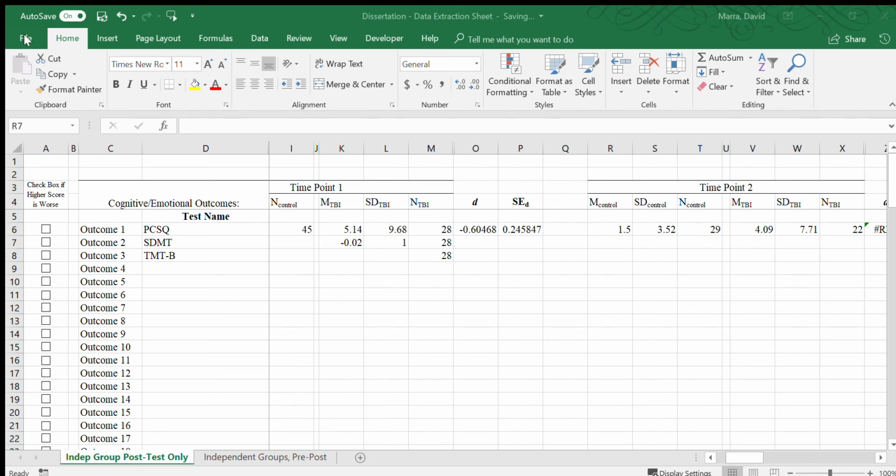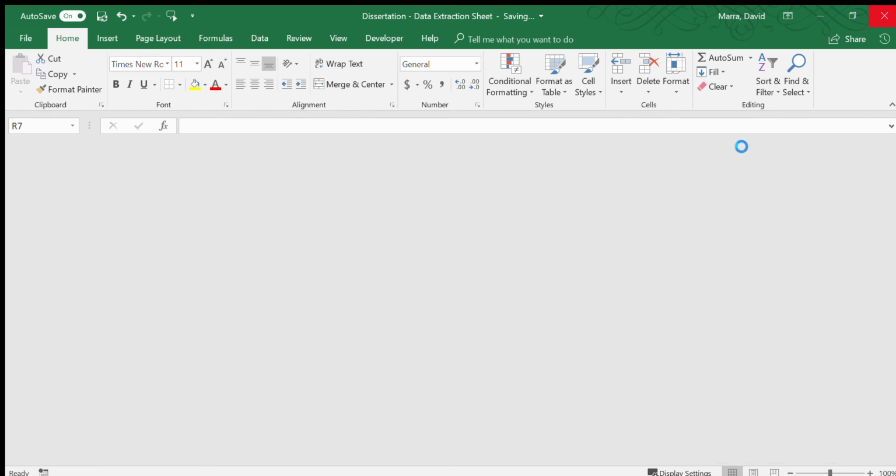Now this is a pretty simple and straightforward example where there's only one MTBI group and one control group. Sometimes you can have multiple, this is taking a while, sorry about that. Sometimes you can have multiple control